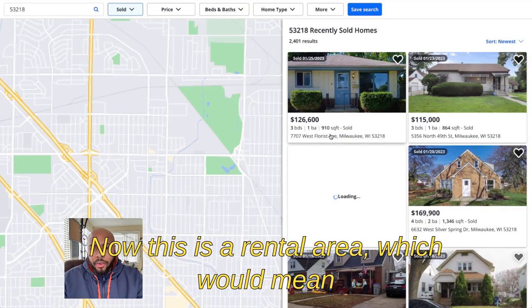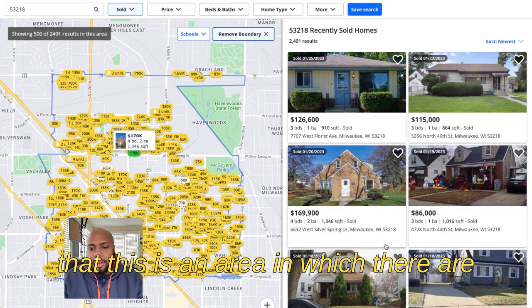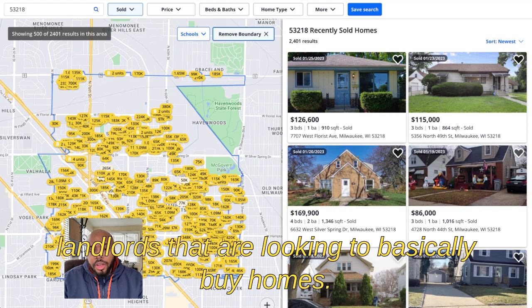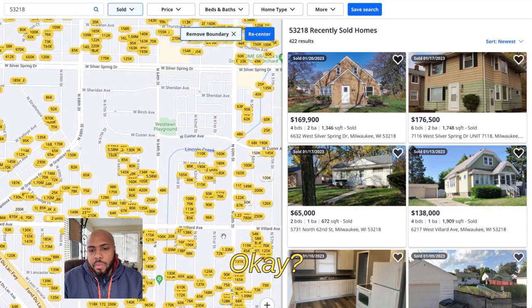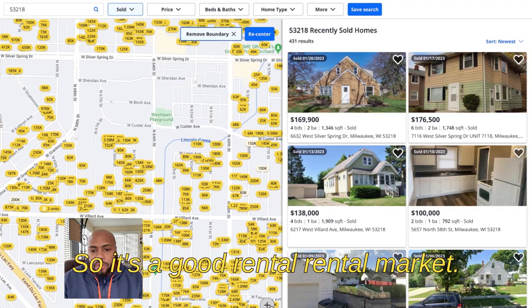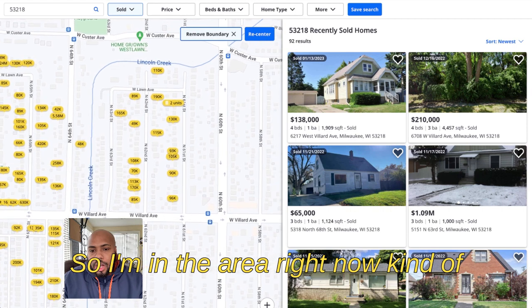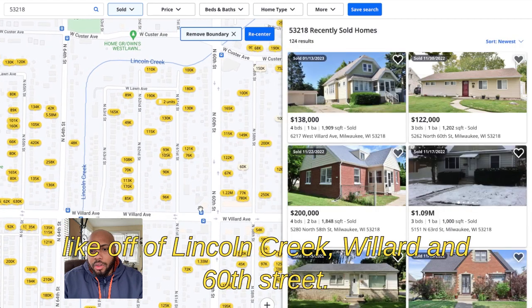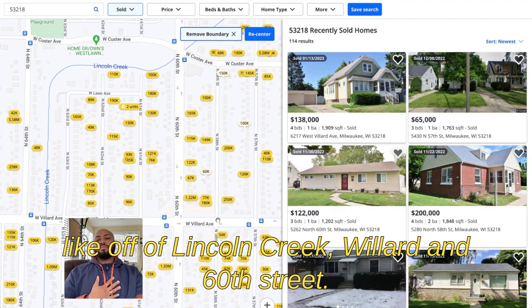Now, this is a rental area, which means there are landlords that are looking to basically buy homes. So it's a good rental market. I'm in the area right now, kind of off of Lincoln Creek, Willard, and 60th Street.